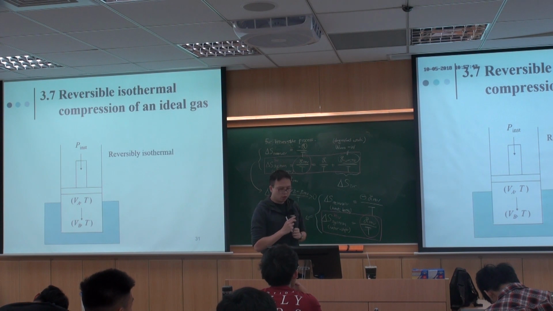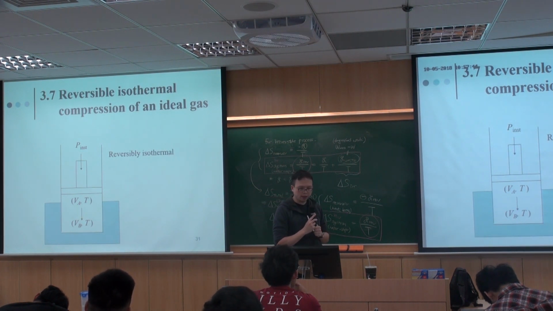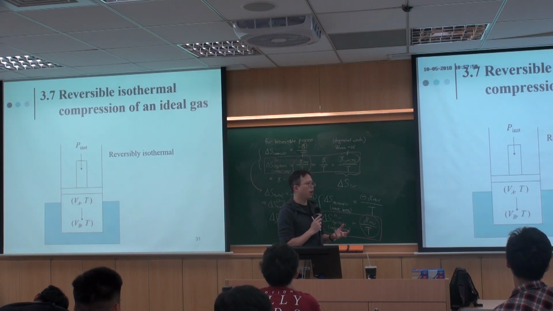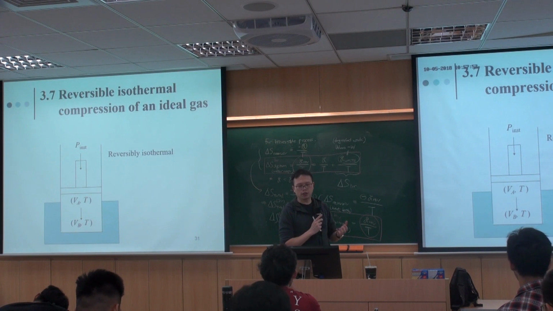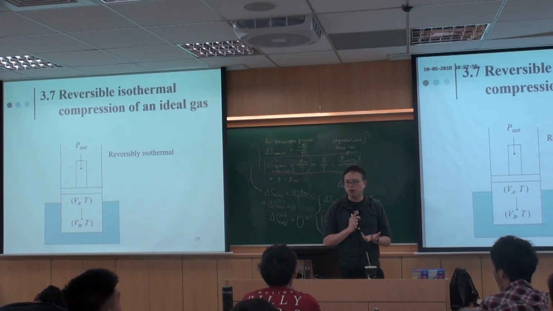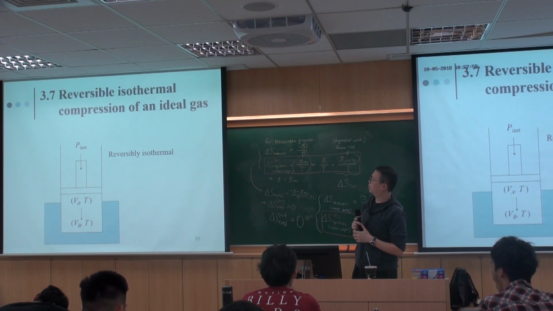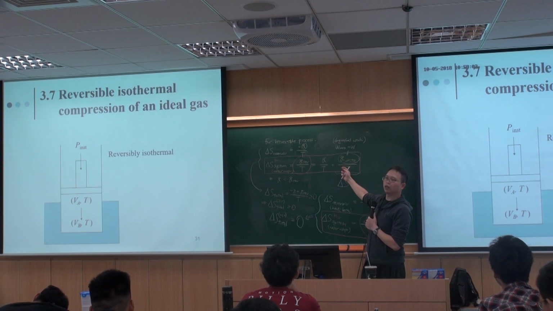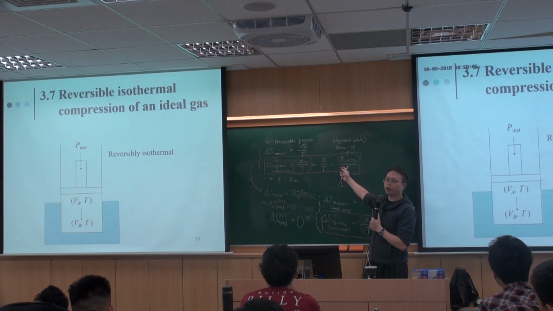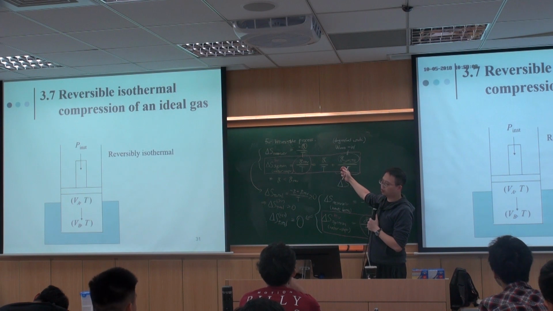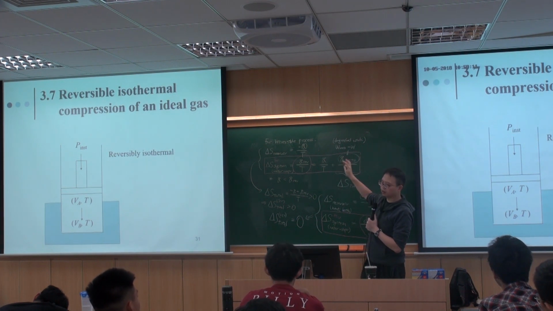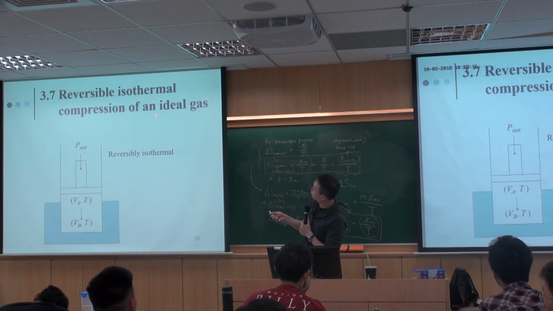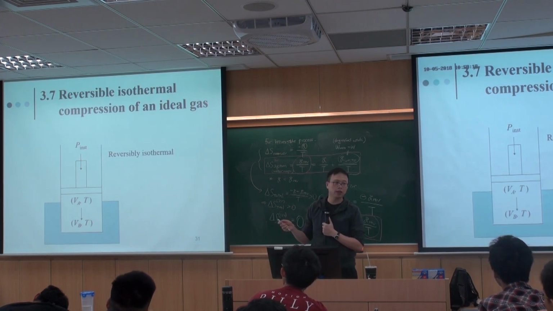So after that, we're going to look at some real case to see if we can calculate something. But if we want to calculate something, again, it's similar to what I just stated for experiments. We typically focus on reversible process because then we can calculate things. Otherwise, we don't know how much waste the system produced during the irreversible process, unless the problem tells you how much this is. So let us consider just a reversible isothermal compression of an ideal gas.